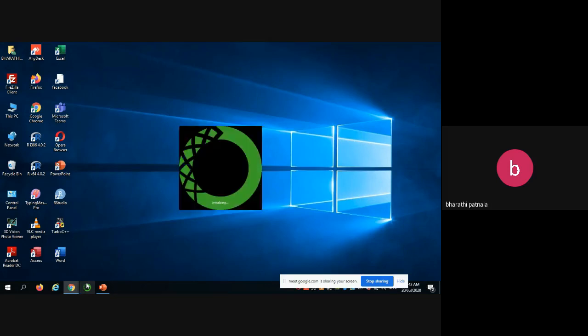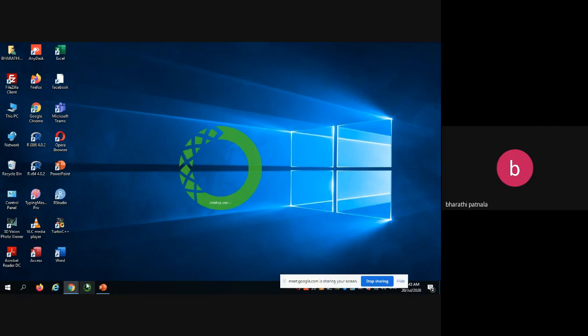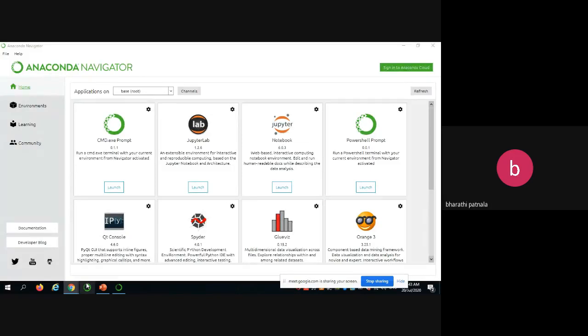Earlier, we called this the interactive Python notebook. So the extension of Python programs in Jupyter will be .ipynb, that means interactive Python notebook. The normal extension is .py. So in Jupyter, the extension is IPYNB. Here, it is a web-based interactive computing notebook environment. Why do we go for Jupyter? Because it has a huge number of libraries like pandas, numpy.